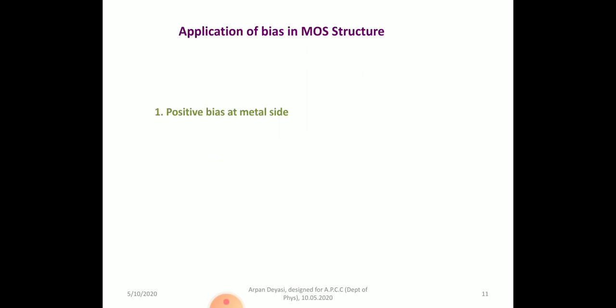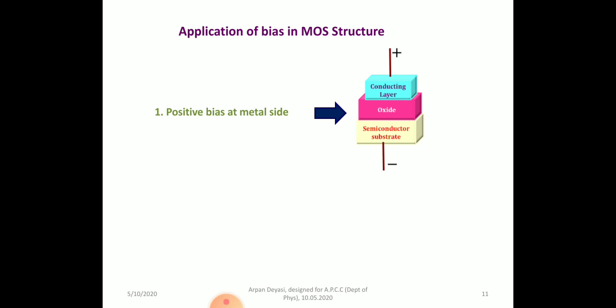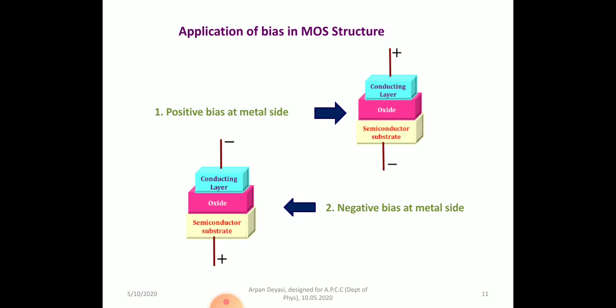You can apply positive bias at the metal side. That's the pictorial representation. Positive metal means semiconductor will be negative. Or you can apply negative bias at the metal side, that means semiconductor will be positive. So both the things are possible. You can switch the polarity of your battery. You can apply positive bias to the highly conductive material or negative bias to the highly